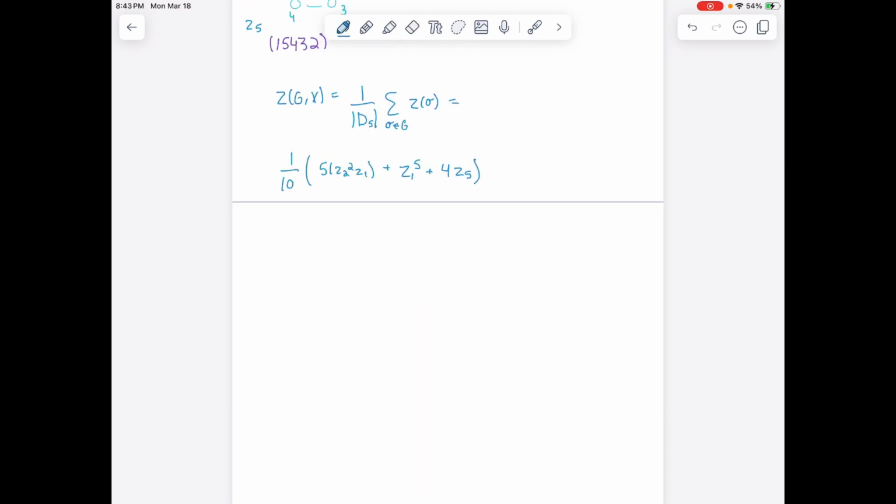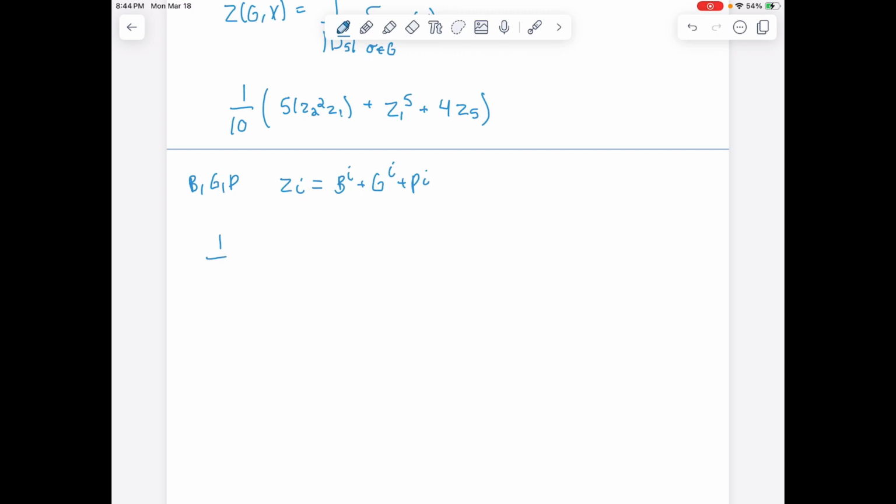Now is when we consider the colors. And we say we have blue, green, and purple. So we're going to rewrite each Zi, replace it with B to the I plus G to the I plus P to the I. And this helps us add a weighted value to each cycle monomial. We'll have 1 over 10 times 5 times B squared plus G squared plus P squared to the second power times B plus G plus P